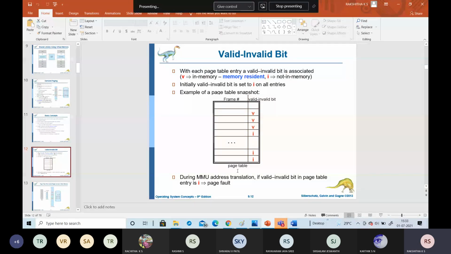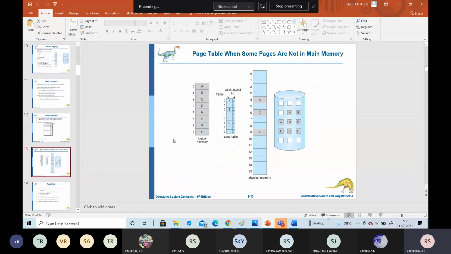If the frame is invalid, there is no frame available for the associated page number, so we are not able to load it into the physical memory. Okay, so that is the valid and invalid bit.